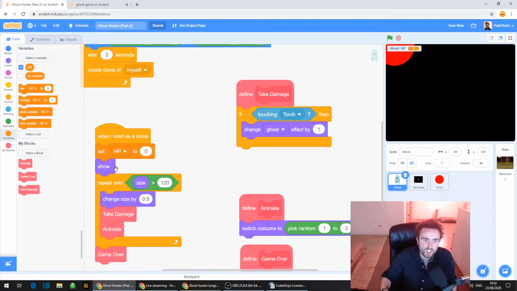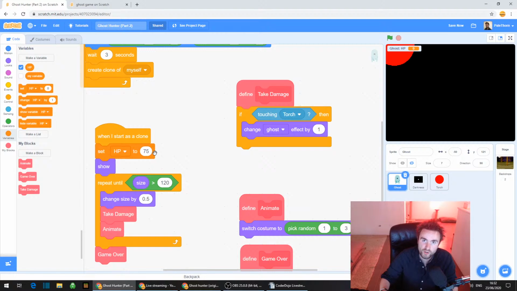Now you can change this if you want, but I quite liked having 75 as the amount of HP a ghost has before it disappears, deletes itself, and doesn't make us lose the game. So set HP to 75.